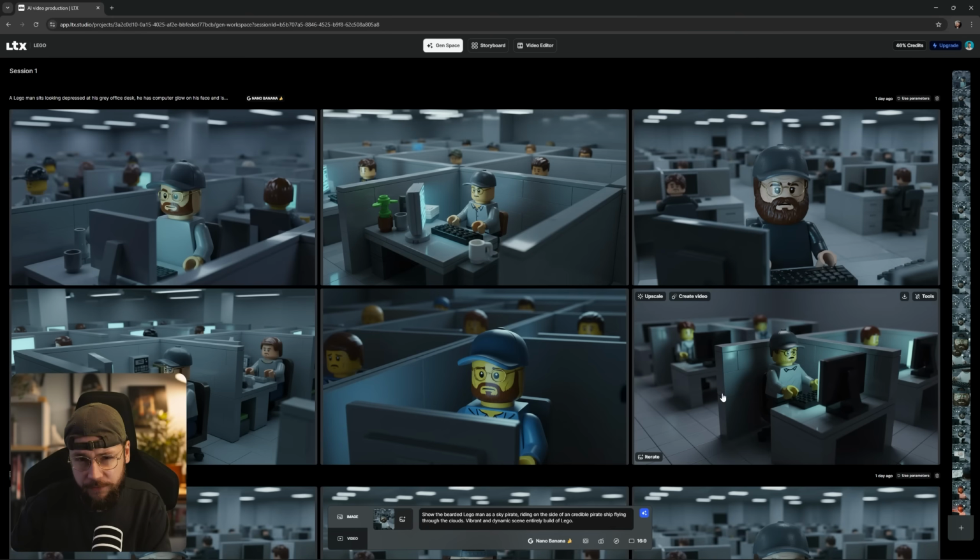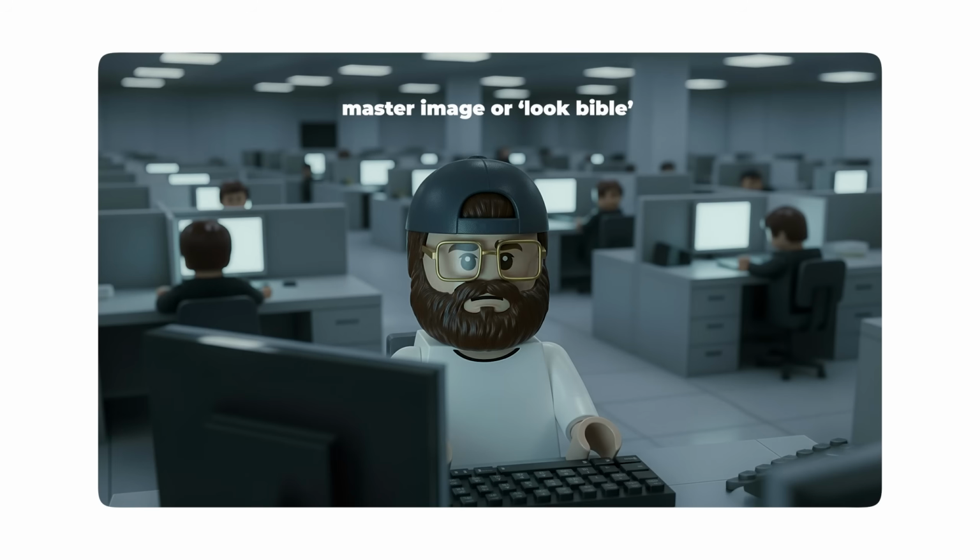And to create our starting frames, we are using Nano Banana. I'm kind of like a broken record with this tool because I absolutely love Google's image model. A lot of people just use it for image editing, but you can use it to create images from scratch as well. And so that's exactly what I did when I was working on what I would call my master